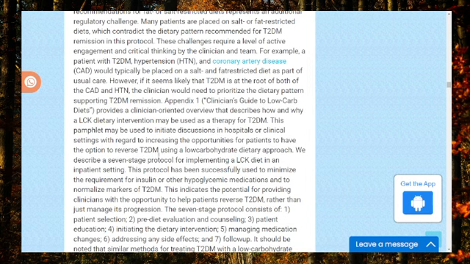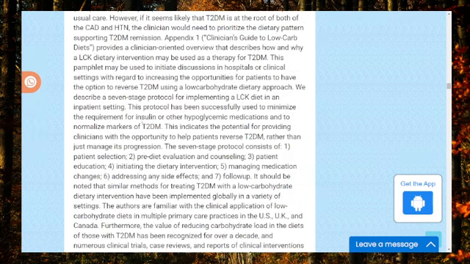We describe a 7-stage protocol for implementing a LCK diet in an inpatient setting. This protocol has been successfully used to minimize the requirement for insulin or other hypoglycemic medications and to normalize markers of T2DM. This indicates the potential for providing clinicians with the opportunity to help patients reverse T2DM rather than just manage its